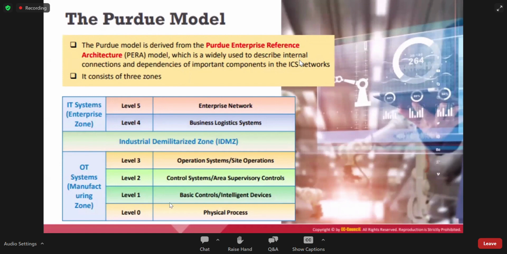And in level 1, there are the basic controls and intelligent devices. It is like the normal IR blasters, IR devices, which are placed there. They constantly monitor whether something is passing through or not. We can also call them monitoring devices.